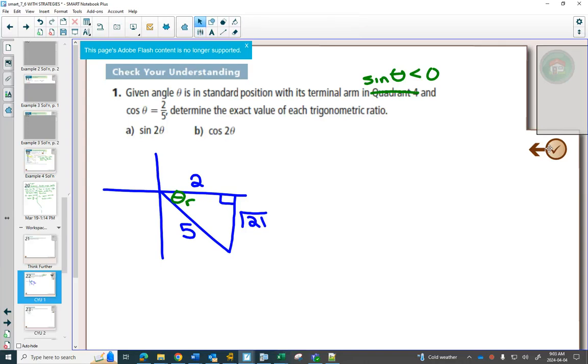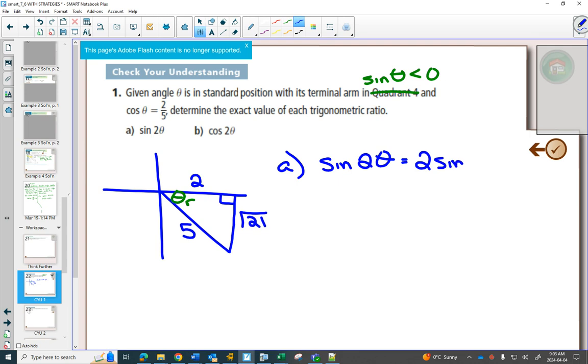And then triangle questions always ask you to find something. So in A, they ask us to find sine 2 theta. Now sine of theta is negative root 21 over 5. Can I just double it? No. This is a function. The only thing we can do with sine 2 theta is use our new formula and say it's equal to 2 sine of theta cos of theta. And then from our triangle,